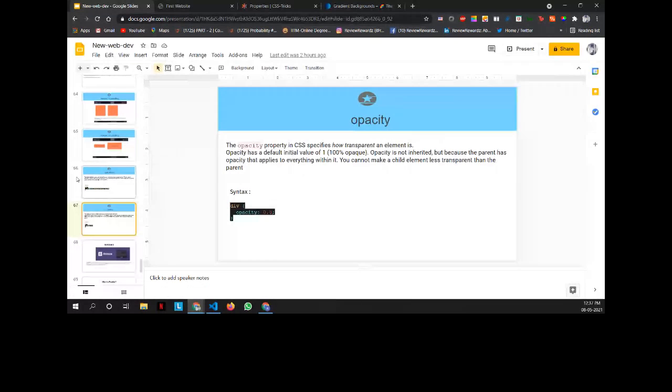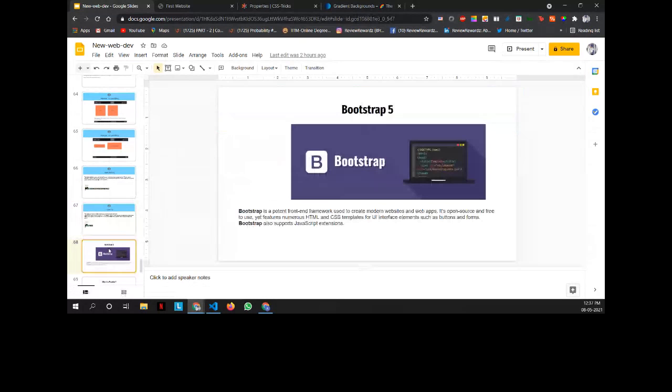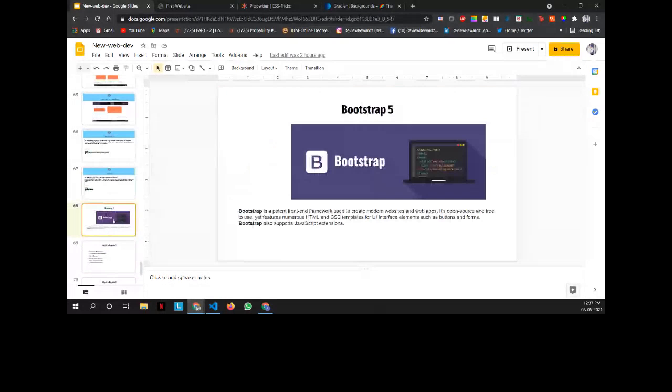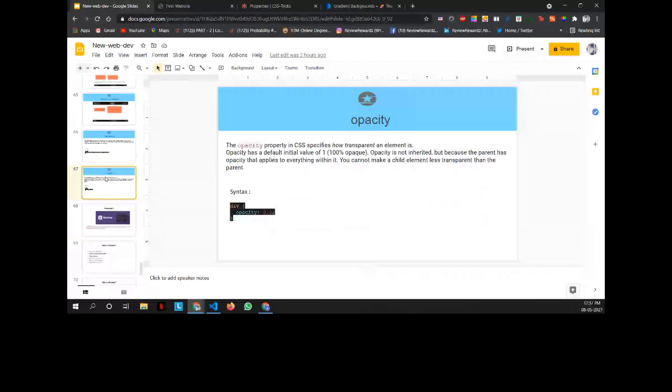Before starting with Bootstrap, we are going to see how we can set up Bootstrap, and we will make a demo landing page, which consists of a navbar, a carousel, and a few more elements. Before starting with Bootstrap, I'd like to let you all know that the CSS part ends here. If you have any doubts, you can let me know, if you want me to go through some CSS properties again or whatever.